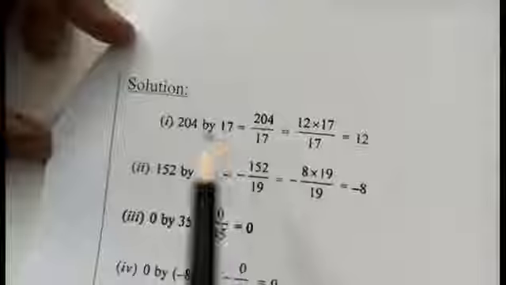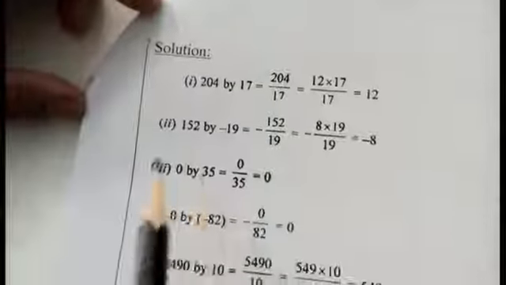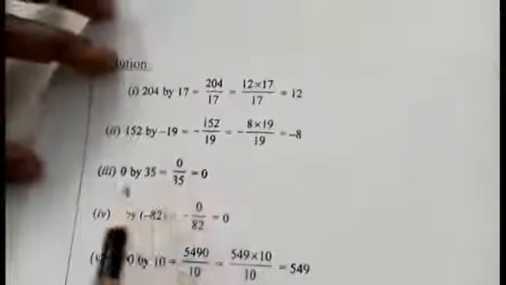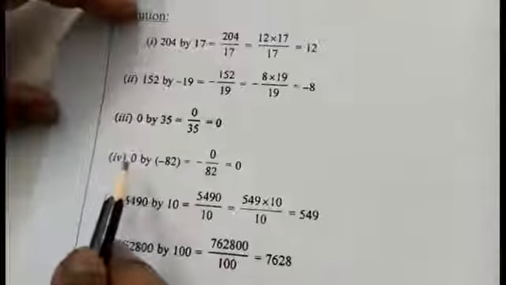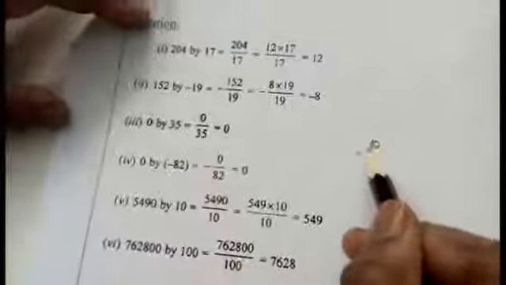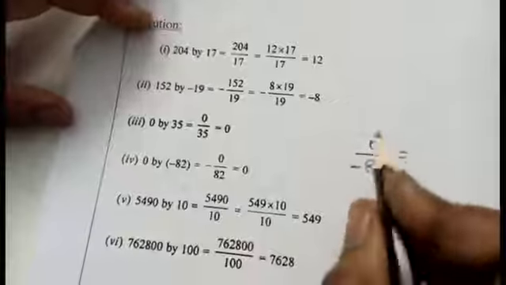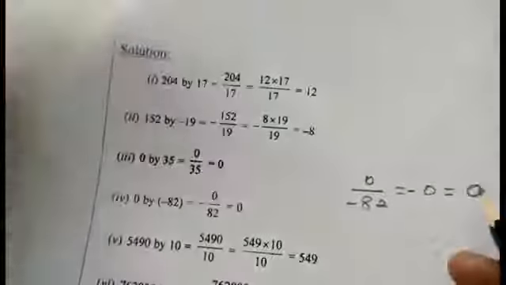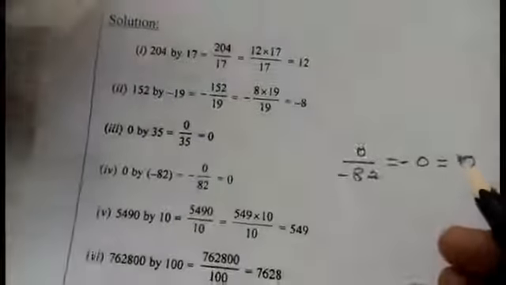Now we are going to just see these sums. Same way you are going to do the calculation for each and every sum. You are going to try the rough work, students. I am not going to do it. You are going to do it in your rough work column. 0 divided by 35, 0. 0 divided by minus 82 means you will get minus 0. According to the formula, plus into minus, minus 0, which can be written as 0, because for 0 you can't have any sign. Plus 0 minus 0 is also going to be 0.